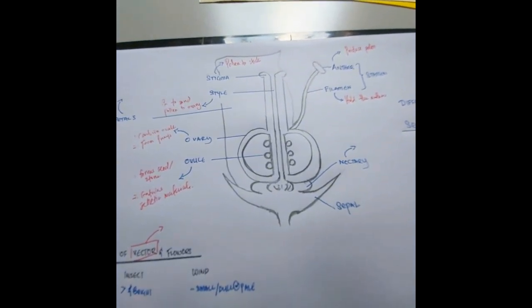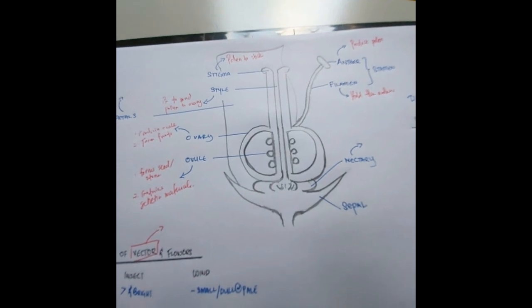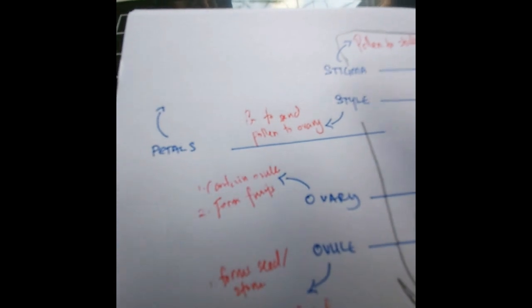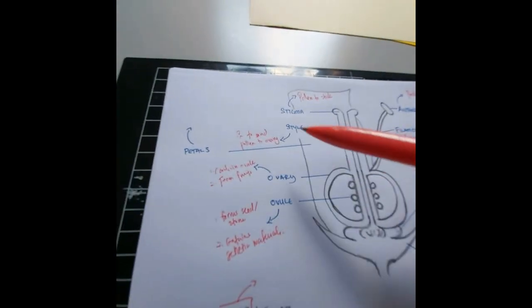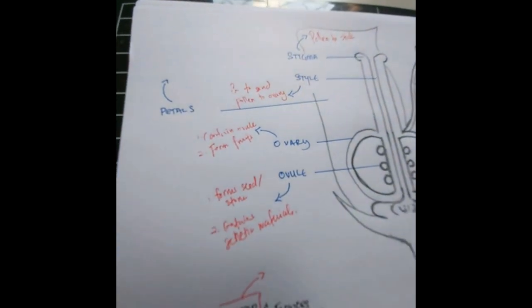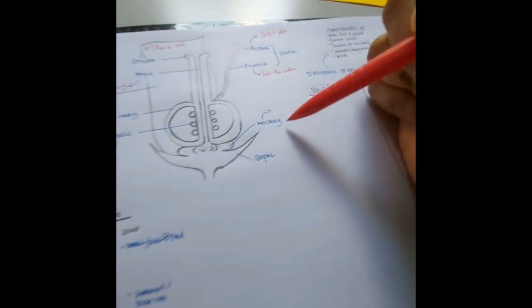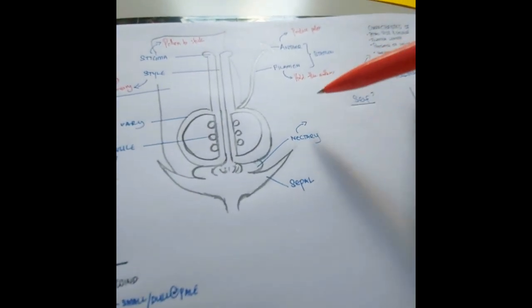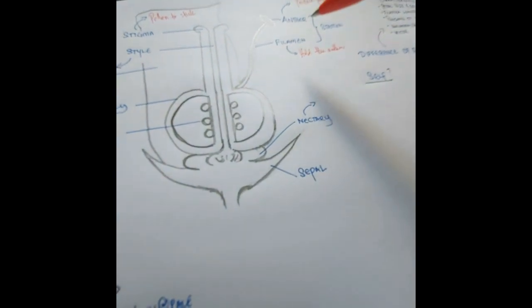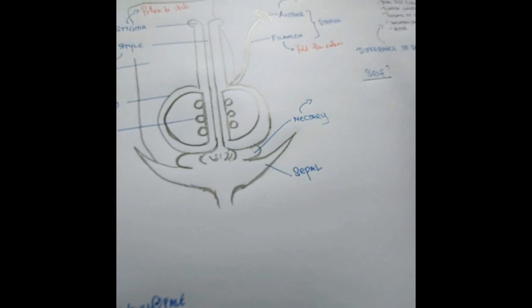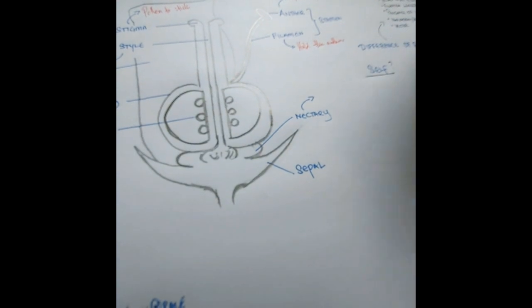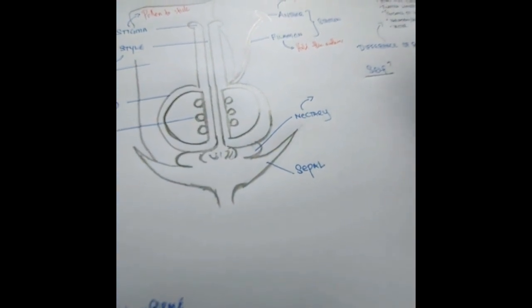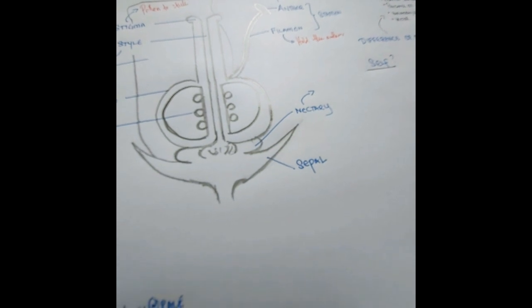One of the most important parts of the flower is the petals. Petals are a little bit tricky because you have the nectary here also. Some petals are white and dull, but have a nectary there. Because of the presence of nectary, it gives off a nice scent like jasmine, one of the flowers that we will dissect later. If it has a nectary and a pleasant smell, that means it is insect pollinated.